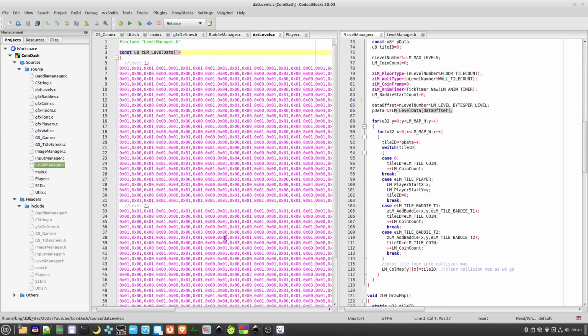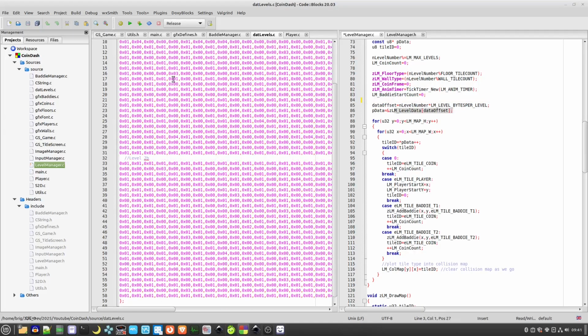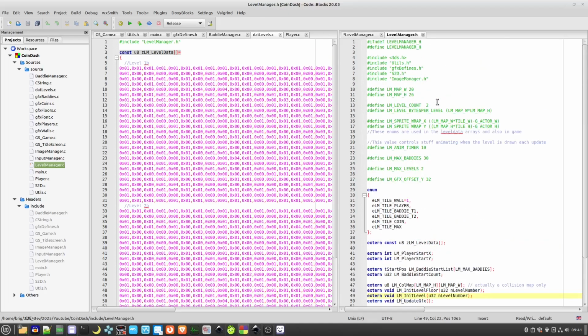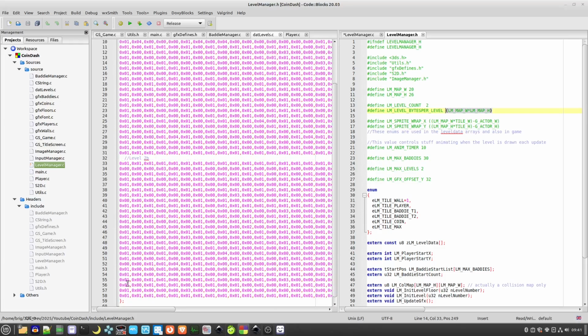So in here you should have all your levels just linearly stacked one after the other. And then because we know how big a level is, we can work out how many bytes each level takes by multiplying these two together, and then we can skip to the start of each level,